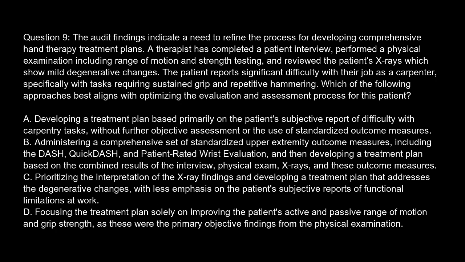Option B. Administering a comprehensive set of standardized upper extremity outcome measures, including the DASH, Quick DASH, and patient-rated wrist evaluation, and then developing a treatment plan based on the combined results of the interview, physical exam, X-rays, and these outcome measures. Option C. Prioritizing the interpretation of the X-ray findings and developing a treatment plan that addresses the degenerative